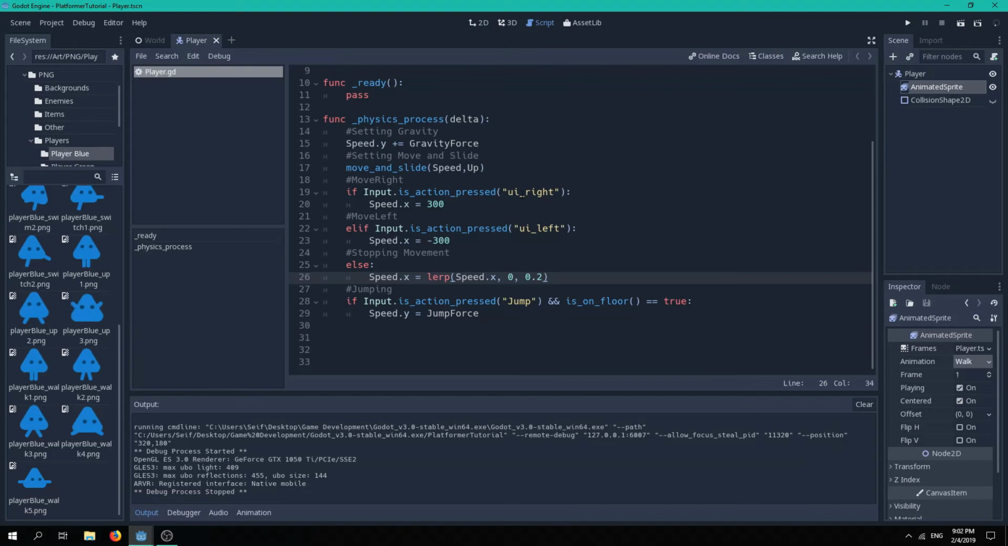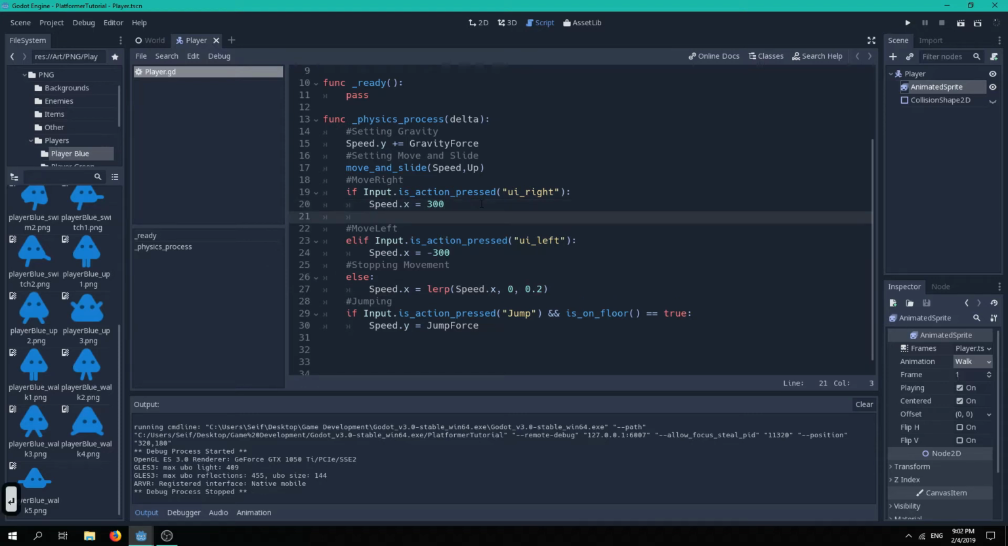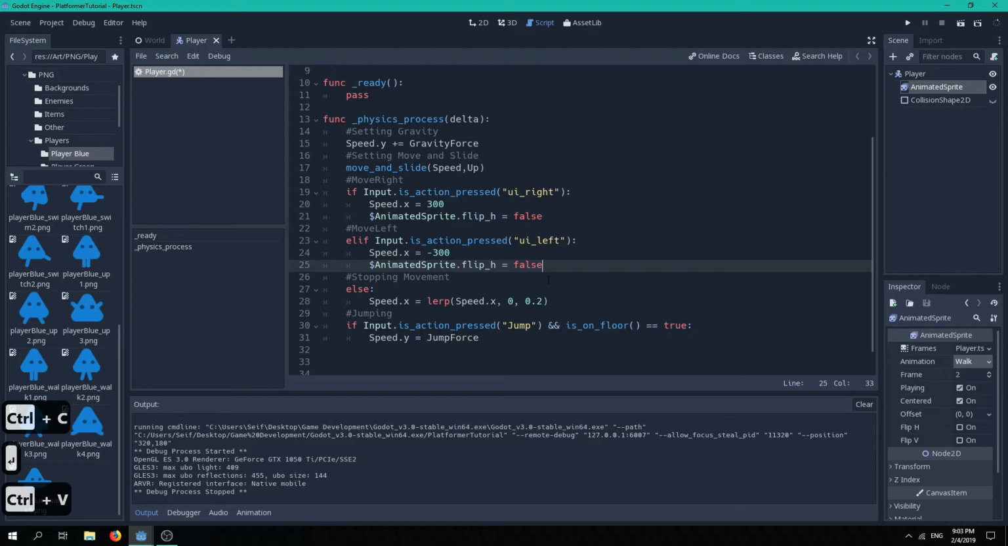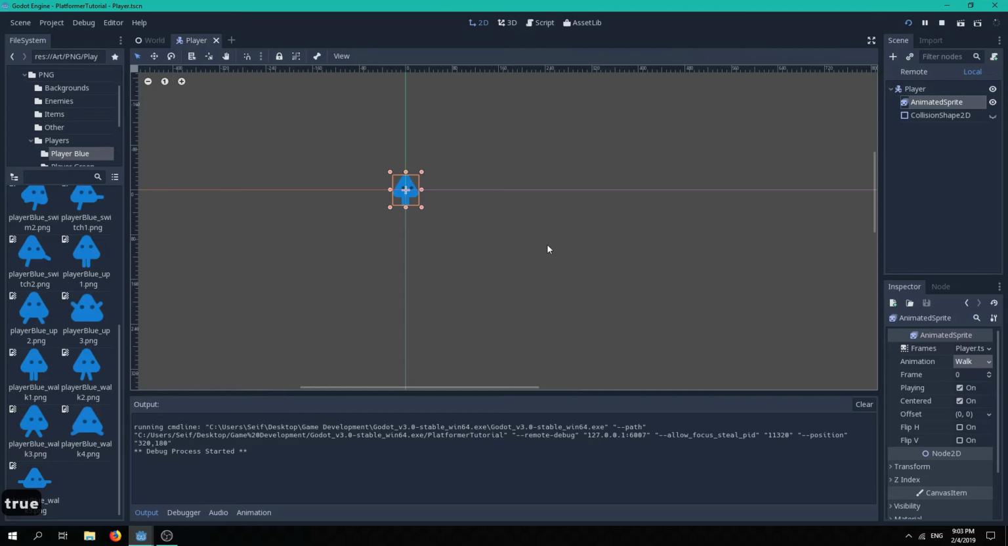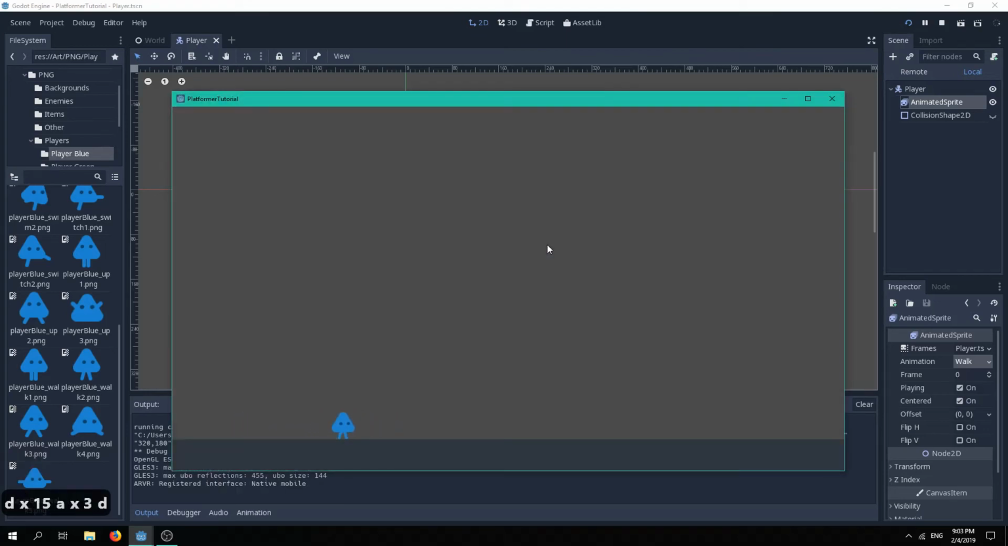We can fix the first problem by going to our scripts, and using the $ sign to access any of our player child nodes. In this case we want the animated sprite. We can then use flip_h equals true and flip_h equals false, when the player presses A or D, in order to make them face the right direction. If we then hit play, you can see that the player faces the correct direction when walking right or left,